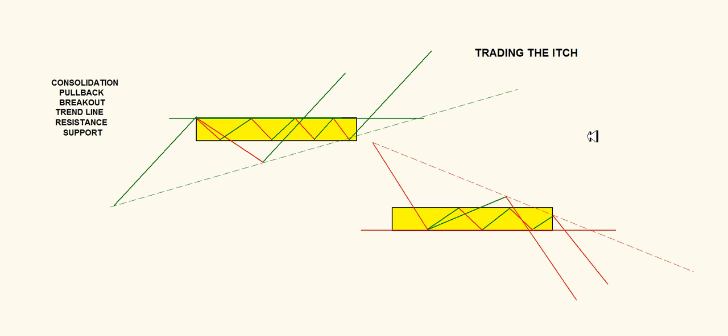In this short video, I'd like to describe to you what we CrossHair traders call trading the itch. The itch stands for "in the crosshair." So a stock or an ETF, whatever instrument, futures, when it is in the crosshair, we call it an itch. And basically what an itch is, a breakout from a consolidation or a pullback in a